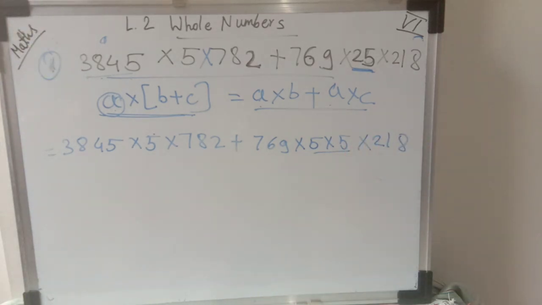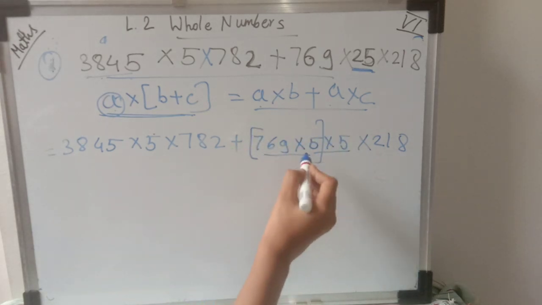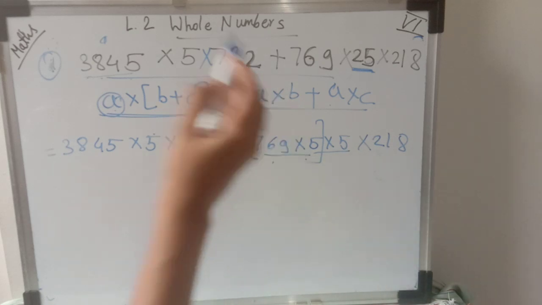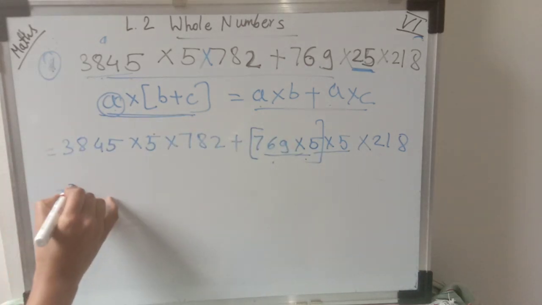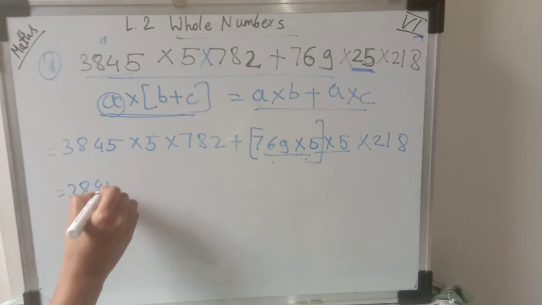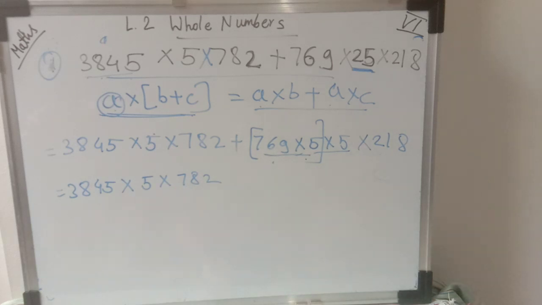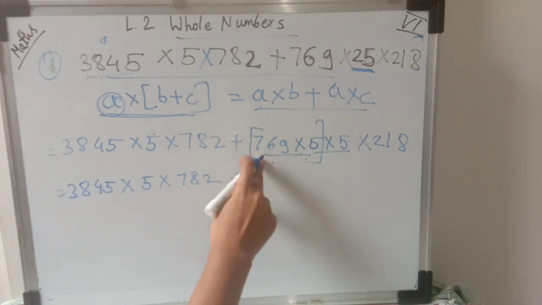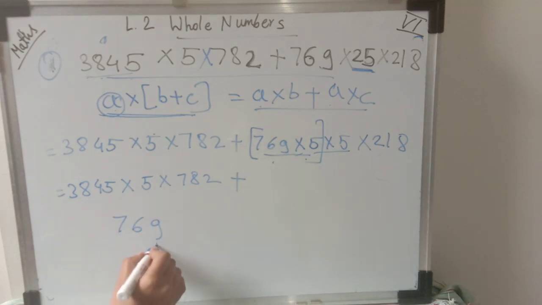Now in the next step what we will do, we will do the multiplication of these two numbers, because after multiplying these two numbers we will get the common a and then we will understand okay कौन सा नंबर आएगा, ये दोनों नंबर करने के बाद हमको एक नंबर मिलेगा जो ऑलरेडी इसमें से एक है, वो कौन सा है, लेट्स सी. Okay, so I'll write here 3845 multiply by 5 multiply by 782. Okay, and plus अभी हम इन दोनों को क्या करना है, मल्टीप्लाई करना है. हियर आई विल डू इट 769 मल्टीप्लाई बाय 5.